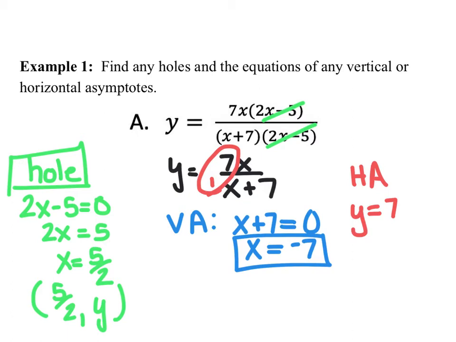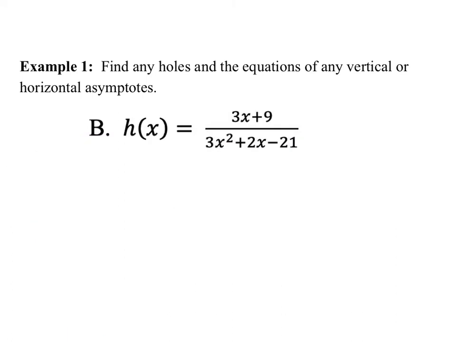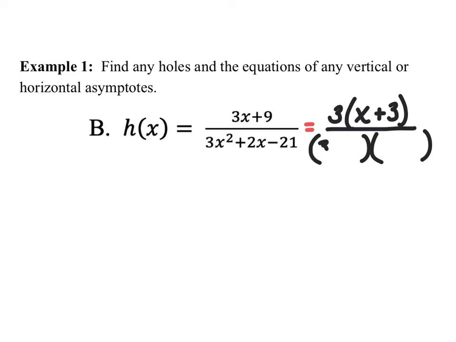We'll pull this all together by looking at the graphs shortly, but let's do one more algebraically. This particular example is not factored, so my suggestion is to begin by factoring your top and your bottom. This would produce, let's see, you can factor out a GCF of 3 times the quantity x plus 3. The denominator is quadratic, so I'm going to try factoring this